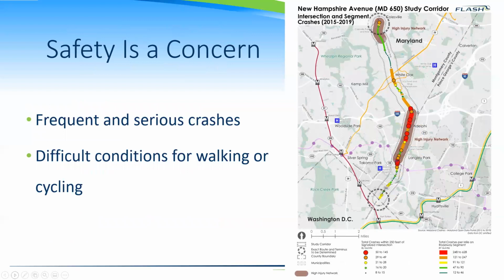And safety is definitely a concern in the corridor. There are frequent and serious crashes, and difficult conditions for walking and cycling. Between 2015 and 2019, there were 8 fatal crashes in the study area, 6 of which included cyclists or pedestrians. In that time period, almost 800 injury crashes and more than 1,400 property damage only crashes, so additional to those